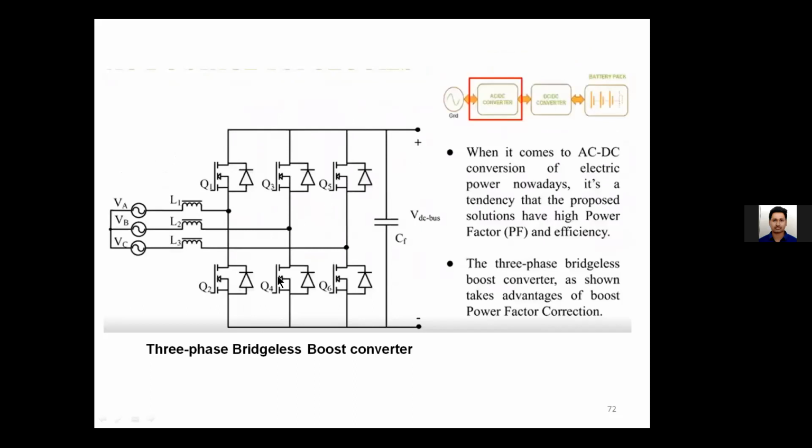This is another such configuration where you can convert from AC to DC, again the same thing. The advantage we get here is that, due to these inductors, we are able to boost. In the previous configurations, whatever the voltage, it simply converts to DC. But here, due to the inductors, it is able to boost the voltage also. So there is one more advantage you get.